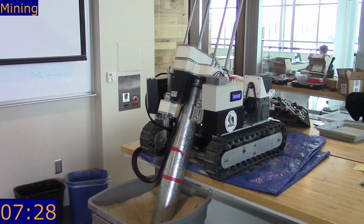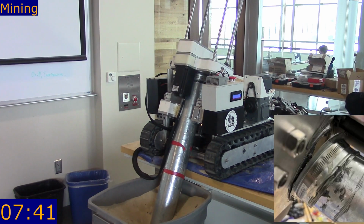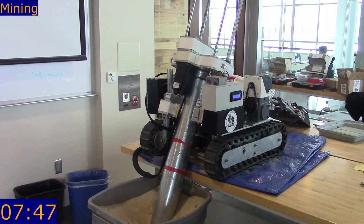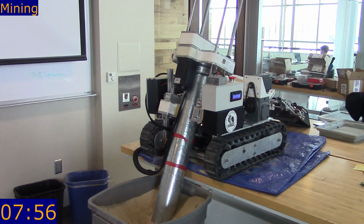In the process of filming this video, the auger experienced a critical failure in the weld between the auger tube and the upper gearbox. With the increased testing of the auger to implement autonomous mining in the last few weeks, this failure likely occurred due to the buildup of wear on the inside of the auger tube where it could not be easily inspected. Because the team only officially measured 1 run of the mining system before the failure, and the repairs cannot be completed in time due to the curing time of the chemical welds, the team